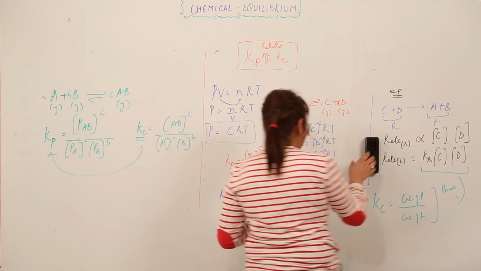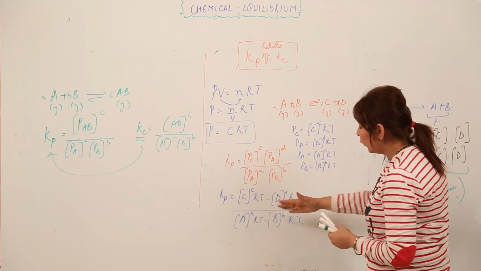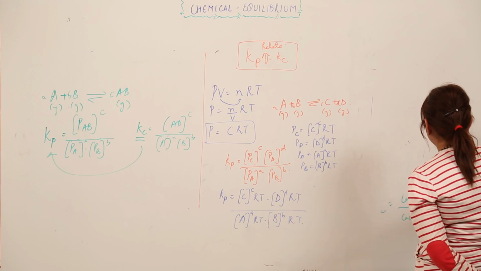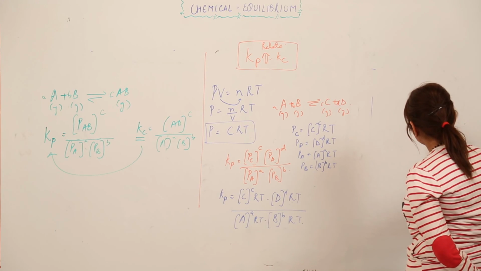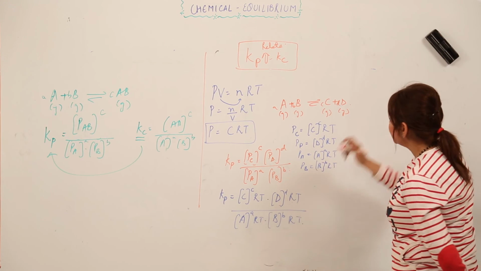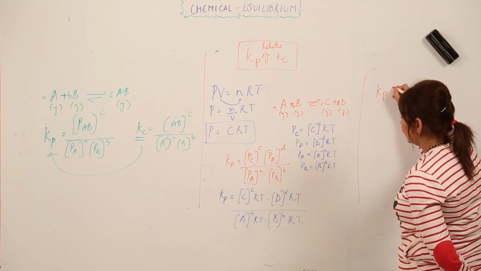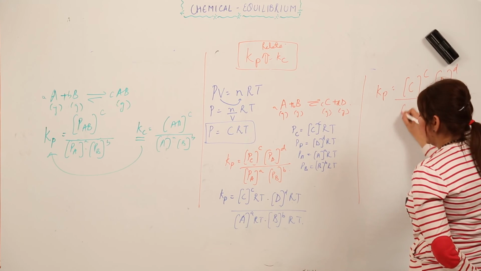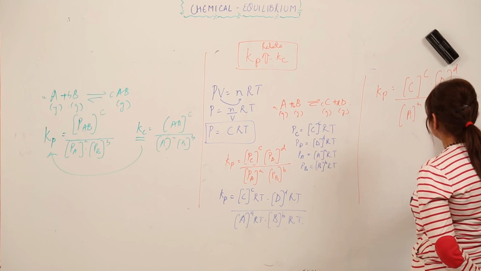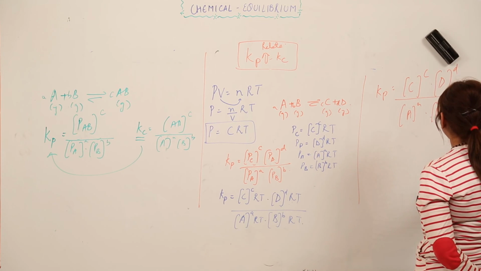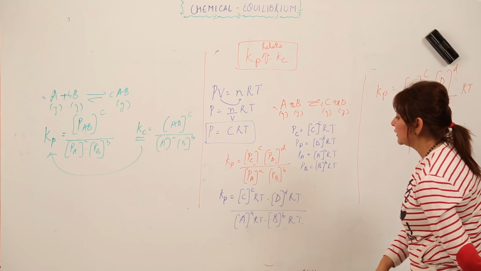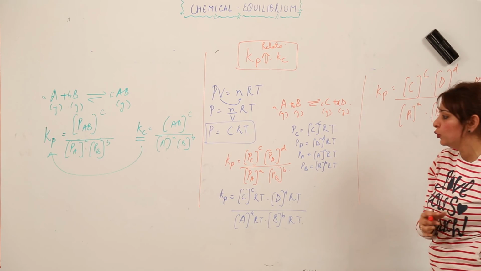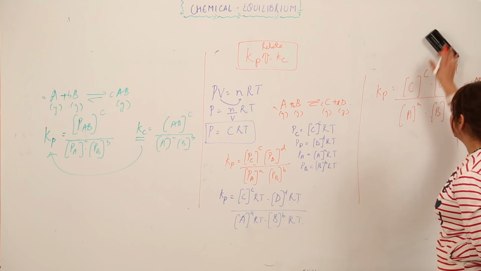So now if I separate them, we are going to have the relation. I'll write the relation here so that you can look carefully and understand it. If I separate this relation, it can be written like this also. I'm separating the concentrations and the RT values. We have different powers of RT, that means different numbers of moles as well. So I'm writing the delta n, which indicates the change in number of moles, like for C, D, A and B.